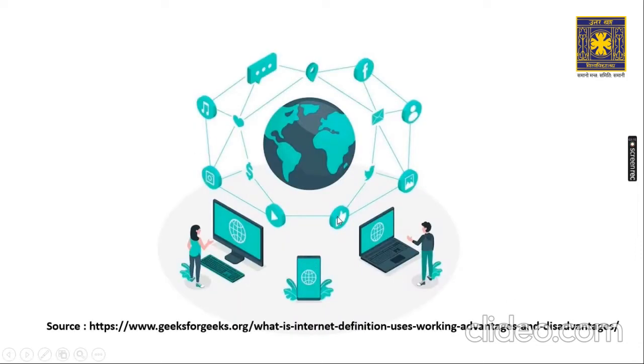Now you can see here a diagram of the internet. This is our earth. This whole earth has millions of computers and electronic devices like mobile phones. These are connected to the internet via communication links. These communication links are actually the medium. It might be a wired or wireless medium. You can see here you have Facebook, email, Twitter, WhatsApp. So many websites are interconnected through this internet. People are accessing this information using their laptops or mobile phones, or many more electronic devices.